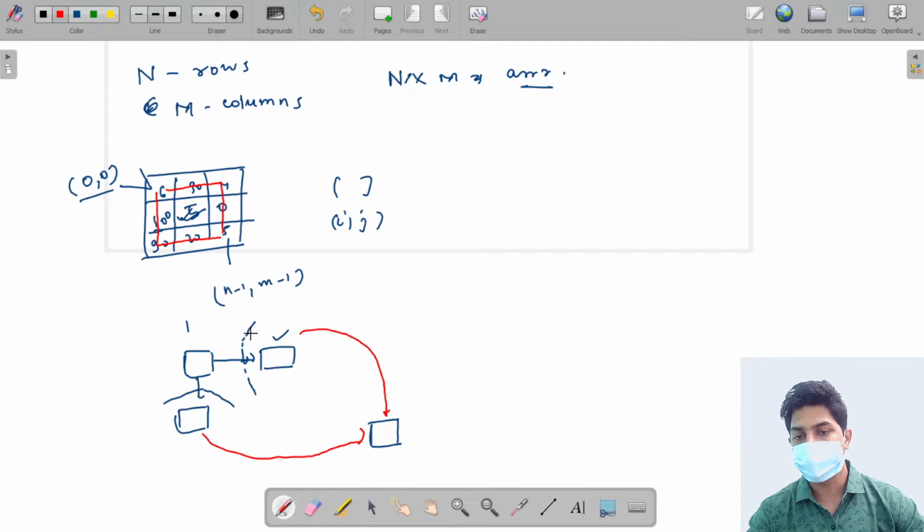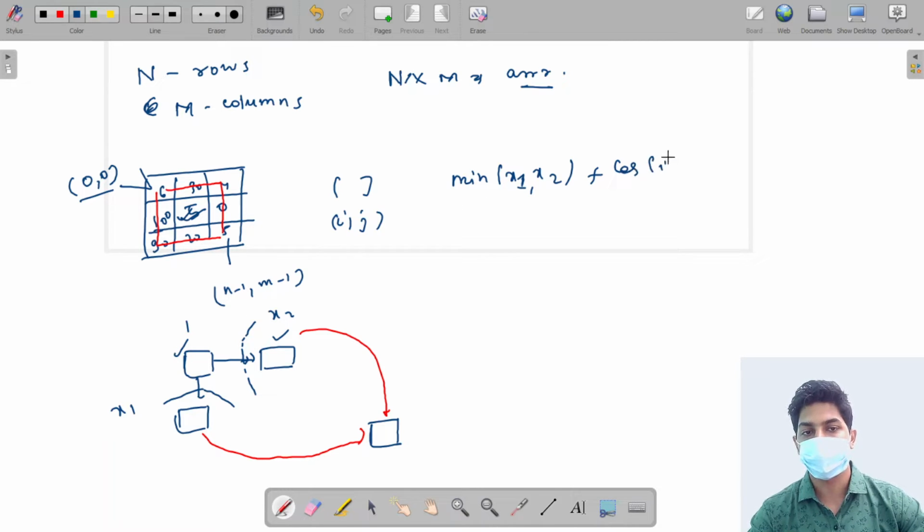Whatever these two neighbors tell me, suppose one tells me x1 rupees and the other x2 rupees, my answer will be the minimum of x1 and x2 plus the cost of visiting my cell, that is the cost where I am standing right now, cost of i comma j. This I need to calculate for each cell.